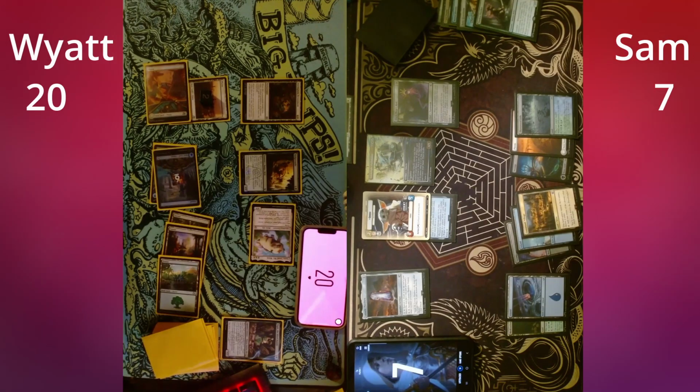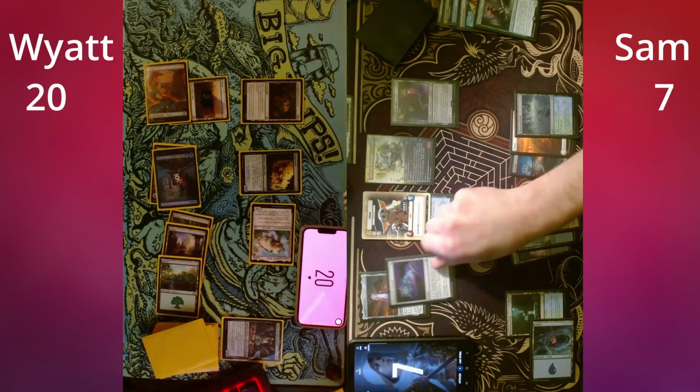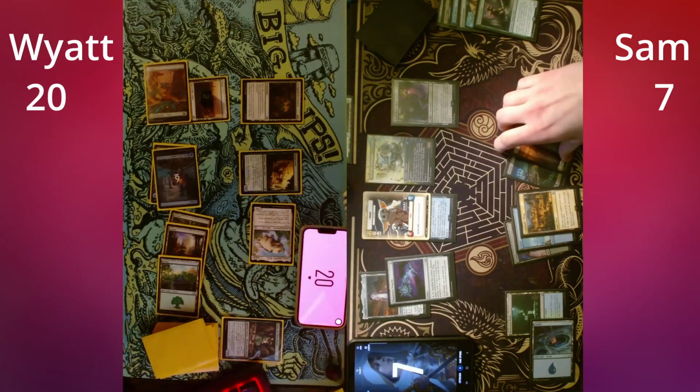I'll play an Island for turn. I'm going to tap 1. And I'm going to play a Thaumaton Torpedo. This is an artifact that says pay 6, sacrifice this artifact, destroy target non-land permanent. This ability costs 3 less if you attacked with a Spacecraft this turn. That's not a thing that's going to happen. I'm not going to attack with a Spacecraft. Instead, I'm going to do this. I'm going to tap 4,